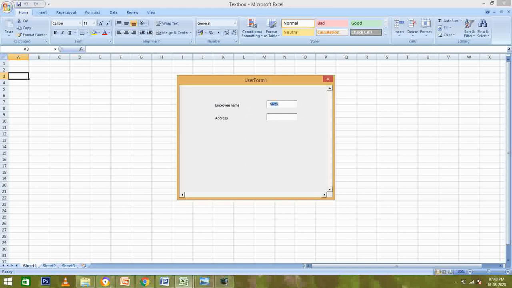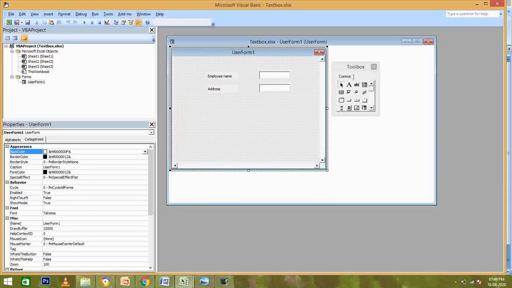I will do it once again. Suppose my focus is at employee name and I am writing Amitabh. So you can see after writing Amitabh, the focus has gone to the next control. So sometimes it is required, as I have given in the example, like when you are writing a card number on a website, when you write all the 16 digits, then the focus already moves to the next control. So it is used over there. Or in the case of OTPs, the same functionality is used. Now we will see.